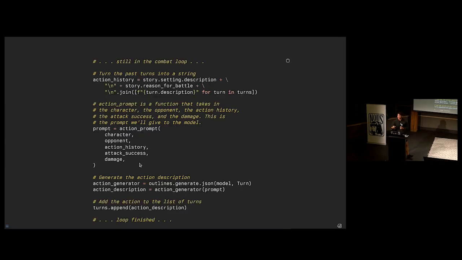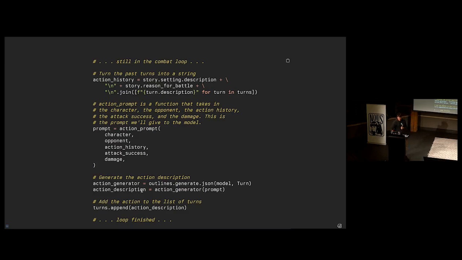And then inside of this loop, we're going to take the previous descriptions of all the actions that have happened, right? The blow-by-blow of like, Zara attacked Axel and so on. And we're going to put this into a prompt. The action prompt here is kind of a long prompt saying, you have to say that this person did 4 damage. What does 4 damage actually mean? And convey it in a dramatic battle context.